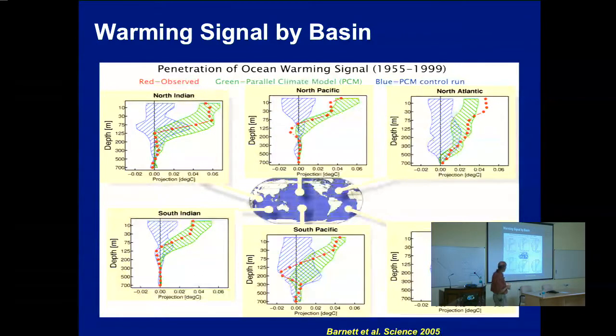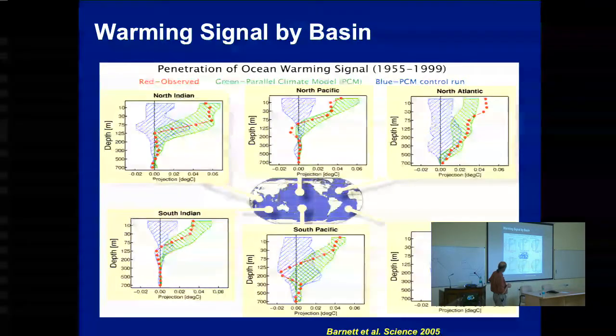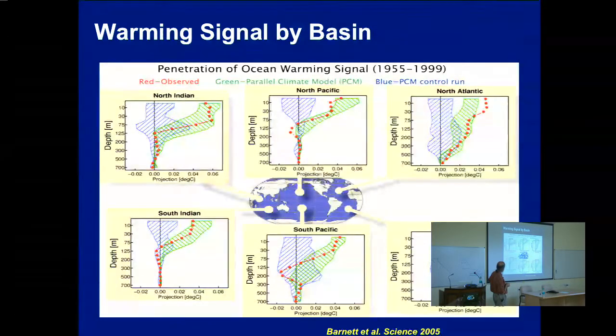Okay? So, now in the North Indian and North Pacific, even the observations show warming only down to 125 or so, whereas in the North Atlantic, the warming goes all the way down to 700 meters. Okay? Even in the South Atlantic, there's clear warming, whereas in the Indian Pacific, it's mostly in the upper 200